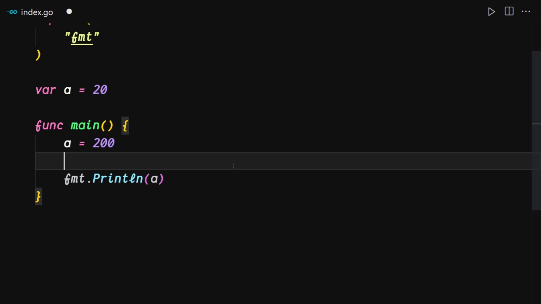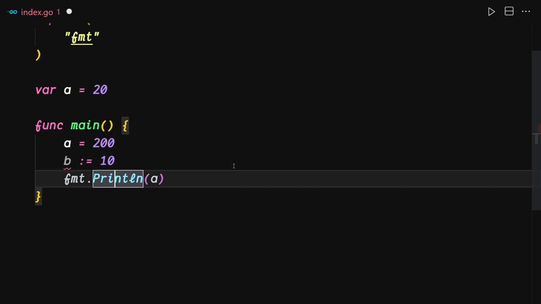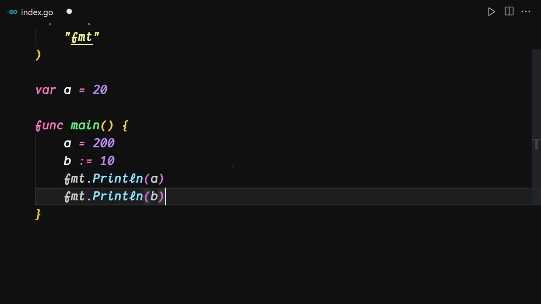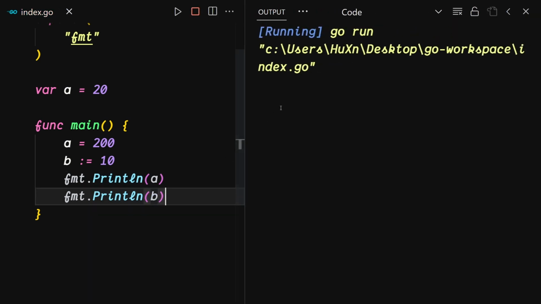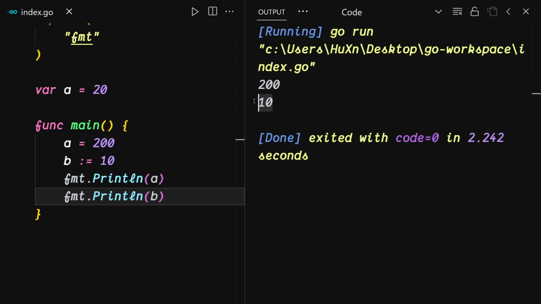Let me just declare one more variable like b, and it's going to be holding the value of 10 right here. I'm going to duplicate this line, and I'm going to also just pass my b right here. Let me just save and run my code. So it's going to give us 200 and also gives us